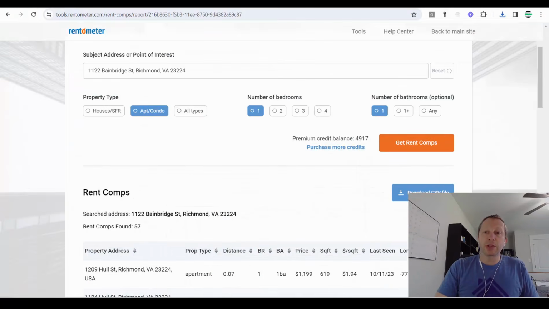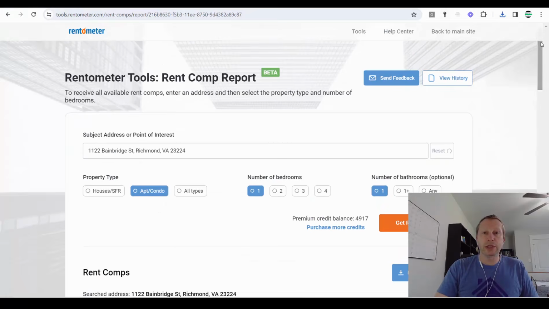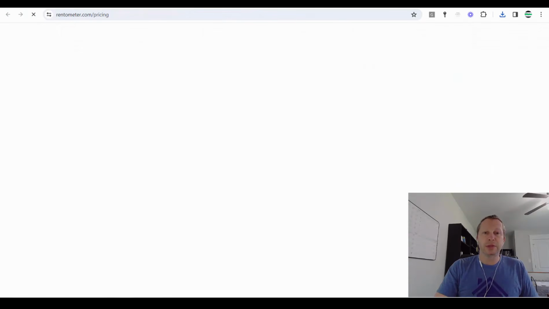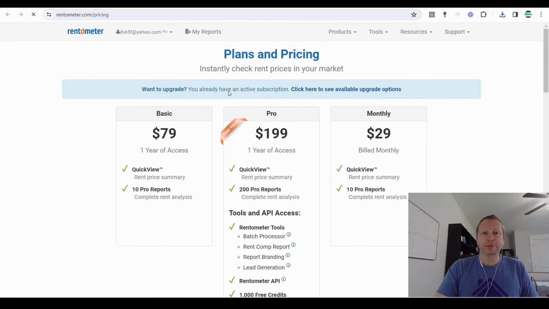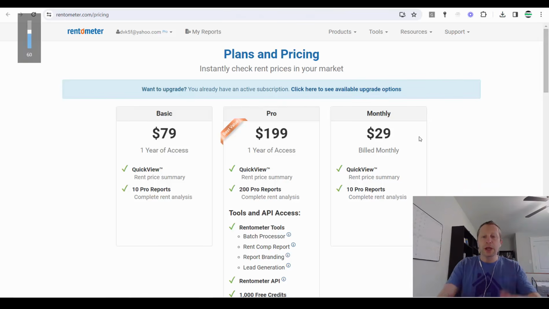So Rentometer is a great tool. Their data, from what I've seen, is really good. It's an affordable tool. Here's their pricing page. It's very reasonable. Very reasonable. So that's number 2. So number 3, and the last on the list, is Rehabvaluator, because what we've done